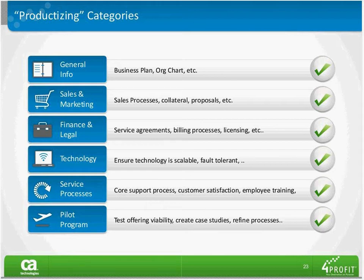service processes. This is really the core. We talk in one of our other webinars, developing your core offerings. That's really all around service process and what those are going to be. And then ultimately, finally, a pilot program. I think everybody's familiar with, we use Microsoft as an example, but Microsoft will do beta releases, and they'll do several RTM versions before they actually go out with the real product. Well, you're going to put your vendor hat on, you're creating your own product, you're going to have to create pilot programs as well. So let's take a look at...